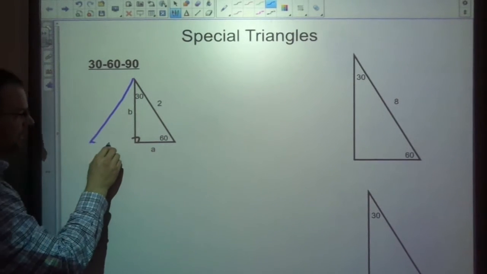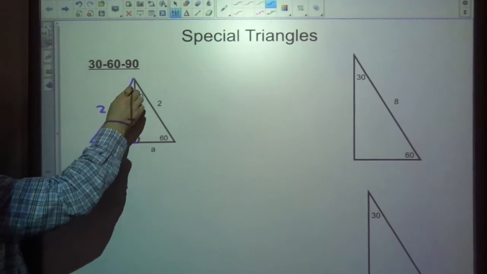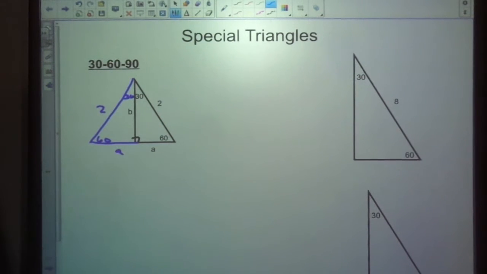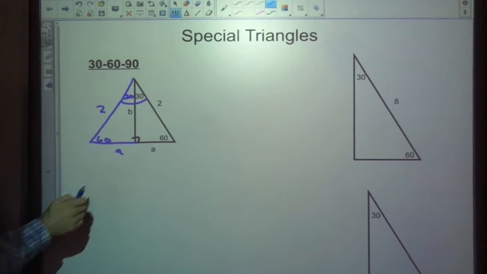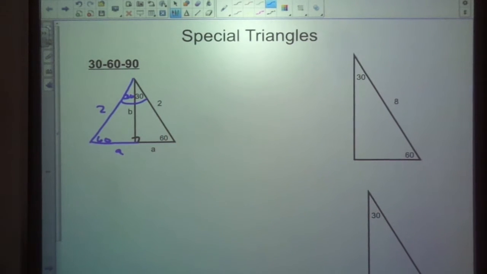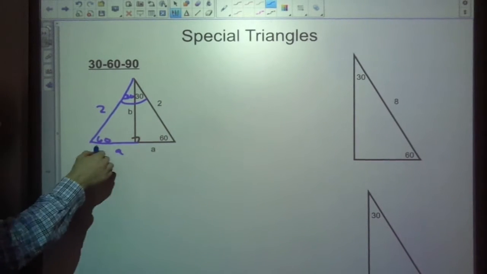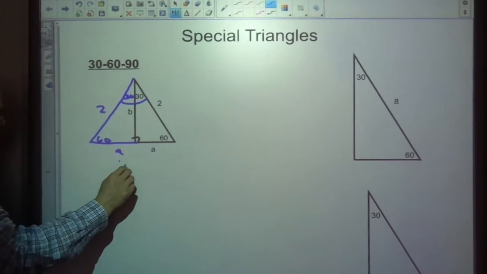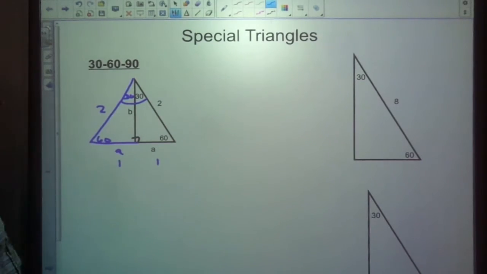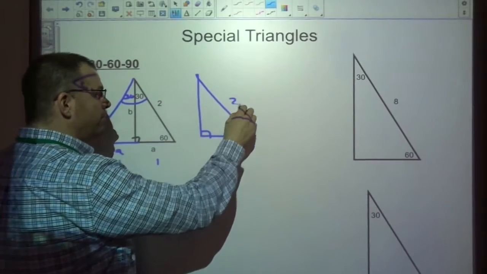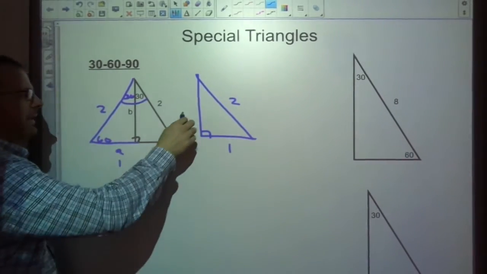If we flip this triangle like this, then this side would be 2, and this would be A, and this would be 60, and this would be 30. Now the interesting thing is what happens here. This angle is now 60, which makes this triangle an equilateral triangle. So all the sides have to be the same. So if this is 2 and this is 2, then this has to be 2, which makes the A part 1. So we have this 30, 60, 90 triangle now that has 2, 1, and we've got to figure out